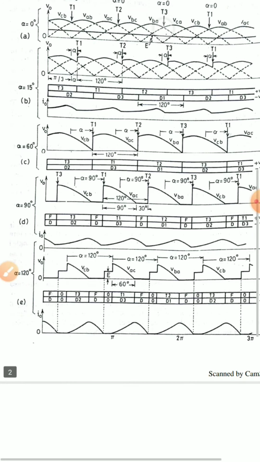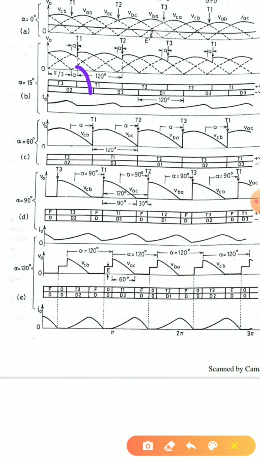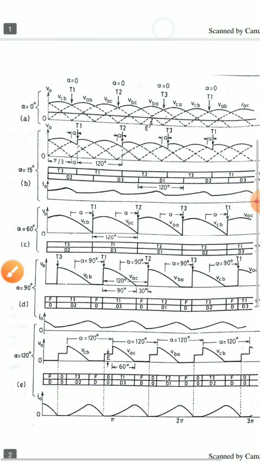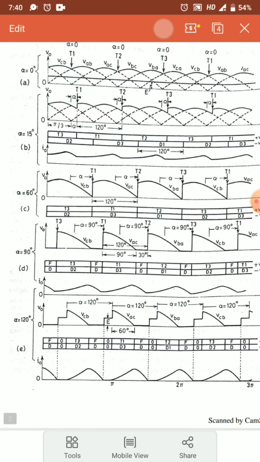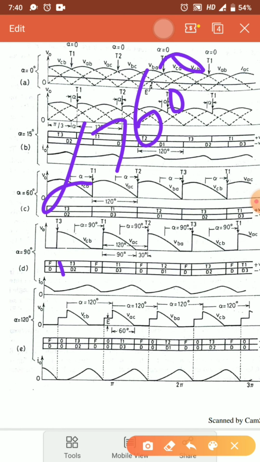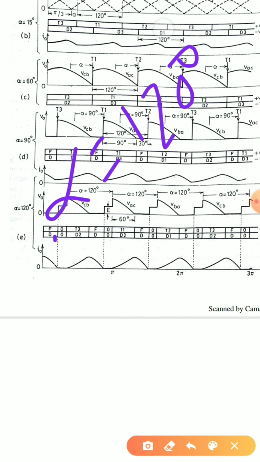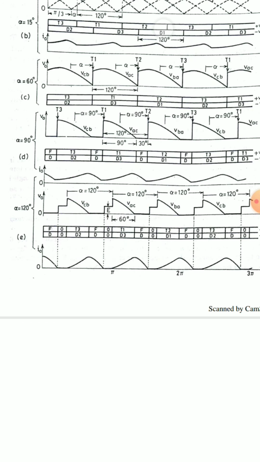Here also we can clearly see that for 0 degree and all the other degrees, thyristor and diodes will only conduct, and when alpha becomes greater than 60 degree, a freewheeling diode will conduct. For a smaller portion, the freewheeling diode will be conducting, that is when alpha is greater than 60 degree. At that duration only the freewheeling diode will come into picture. And when alpha is near 120 degree, I can clearly see that the freewheeling diode is there, thyristor and diode are also conducting, and also a portion because of EMF, that is the idle period, is present in the operation of a semi converter.